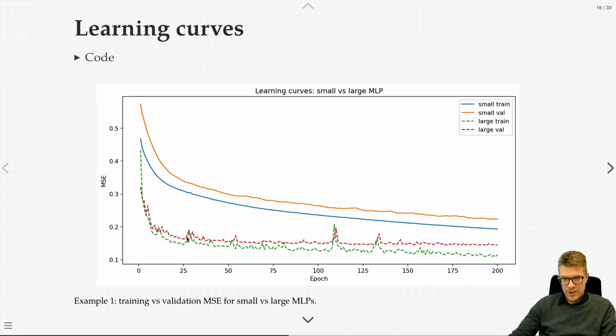But you might notice right off the bat here we have these spikes that are occurring. This is going to be a very common thing for you to observe when you're doing your own training with large neural networks. Curves are rarely as smooth as we see here for the small neural network. They tend to jump around a lot, especially if you're using batches. So we have these massive spikes in error, despite a general trend.